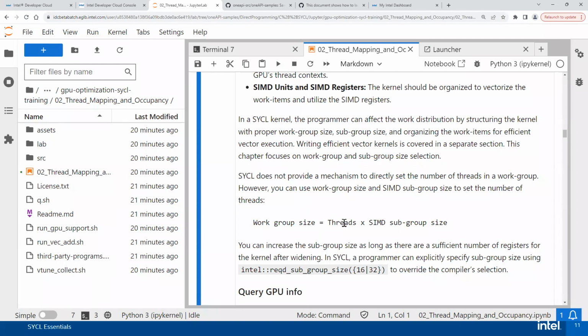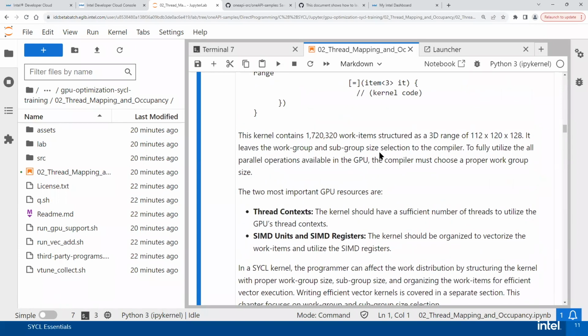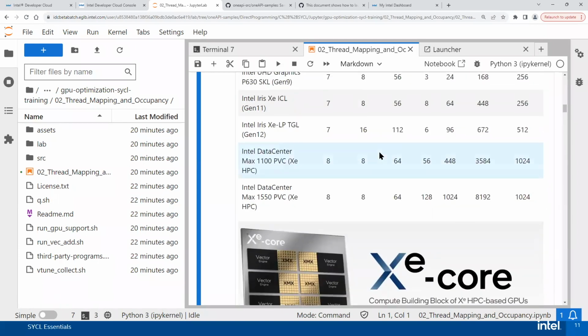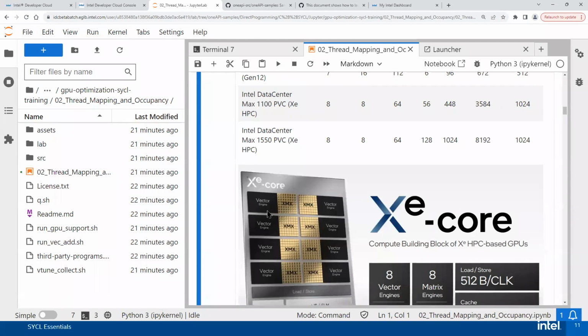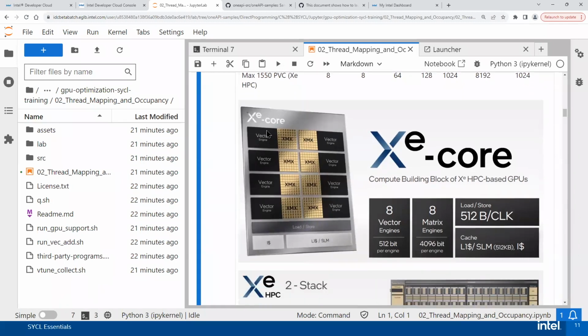We have a simple math here. If you want to know what actual threads are, we have these vector engines. This is where each one of your work groups will execute, and each of these vector engines has 8 threads. Imagine this as an actual compute building block, which has 8 threads, and 8 parallel executions can happen. But there are also 8 vector engines inside this compute block, and then there can be up to 128